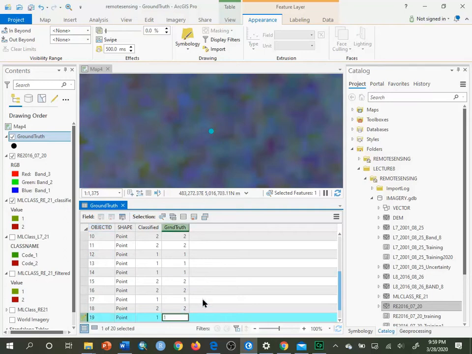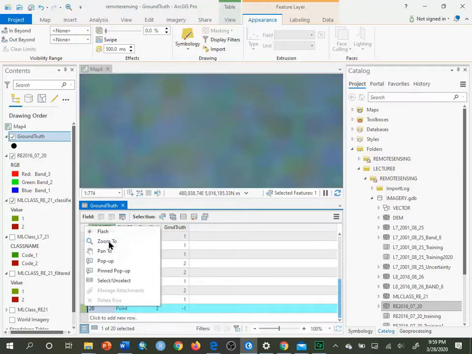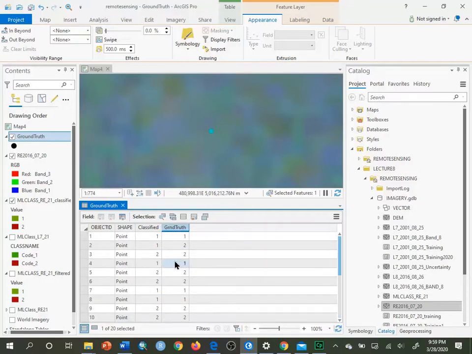So now we've filled all those in. We've ground truthed. Oh, there's 20. I forgot that. Almost done. Zoom to, not forest. Enter. There we go. So now we have a completed ground truth table, and you want to click on the table view tab,